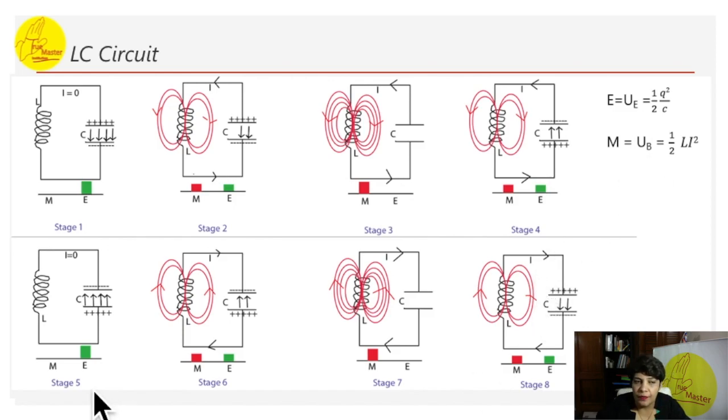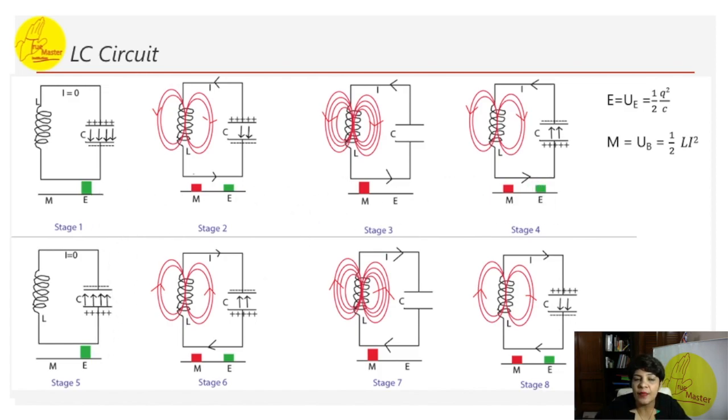At stage 5, the capacitor is fully charged. Here, if you see, again it has got all the 4 arrows back. There is no magnetic field around the inductor, but the polarity is opposite to that in its initial state. See, here the arrows are opposite to what initially they were in the capacitor. You can see the arrows of the capacitor are in the opposite direction from stage 1. Rest all is the same. It's in the opposite direction. The cycle of 4 stages, 1, 2, 3, 4, will start and repeat again.